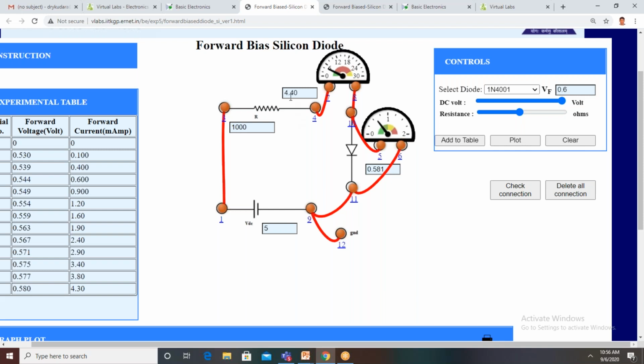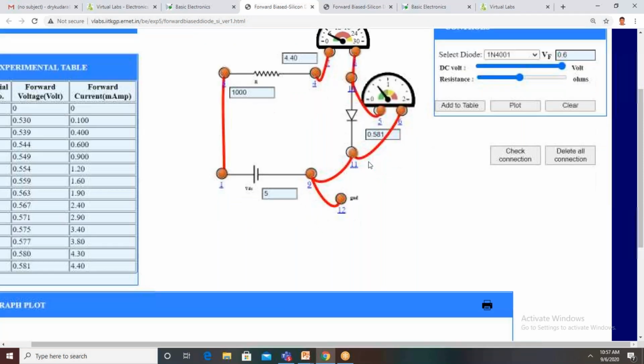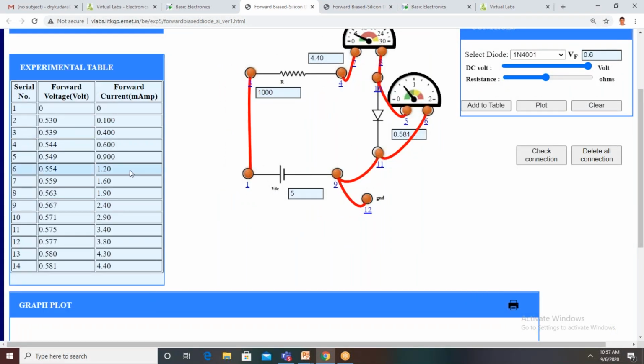The current is 4.4 milliamps. Add to table, and the voltage across the diode is 0.581. So the minimum voltage is 0 volts, maximum voltage 5 volts. We get almost 14 readings here. So this is the way of performing the experiment.